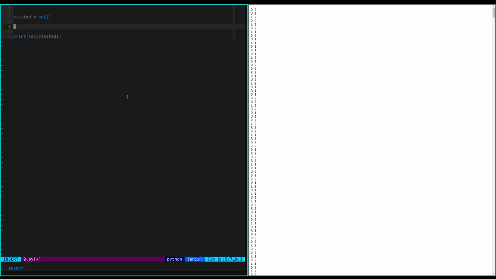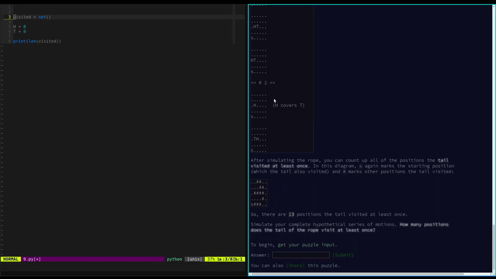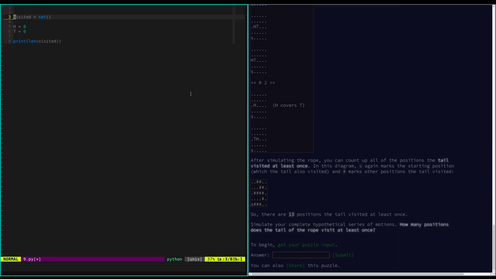What we're going to do is we're going to have the head position, which is initially 0, the tail position, which initially is 0, and we're going to count these two-dimensional positions using complex numbers. This is a very useful trick. So for this, we can have